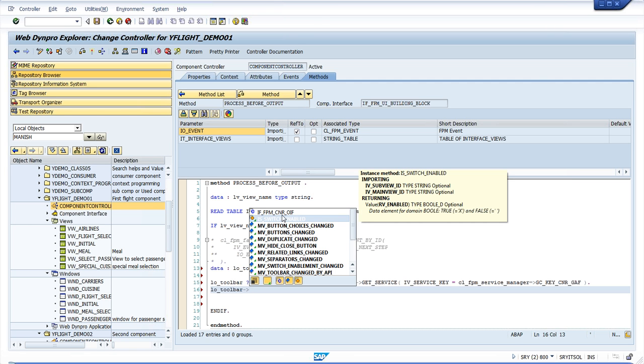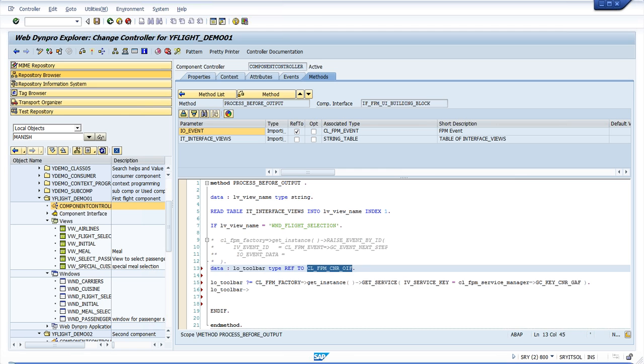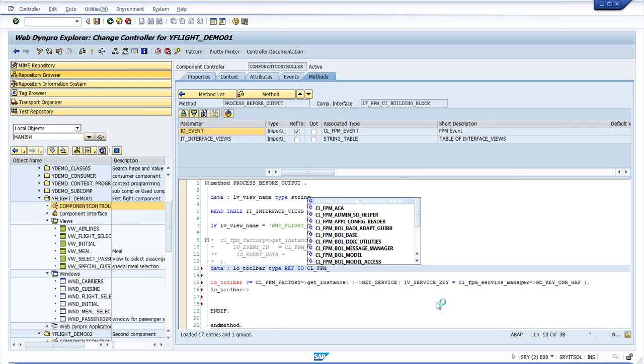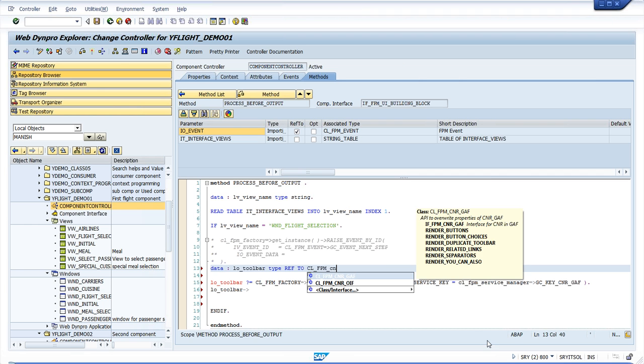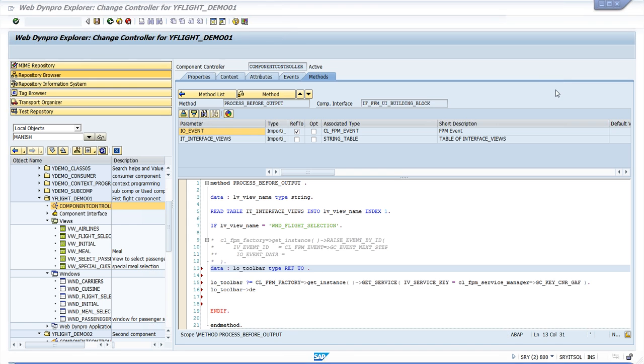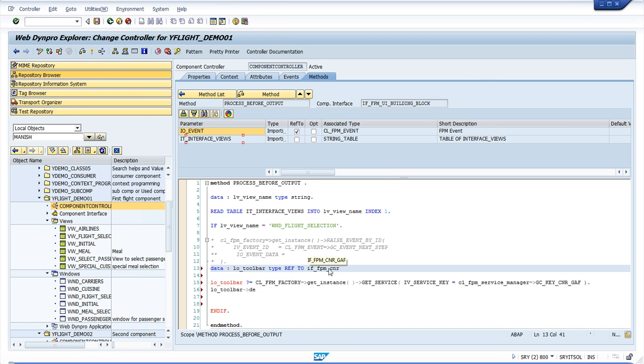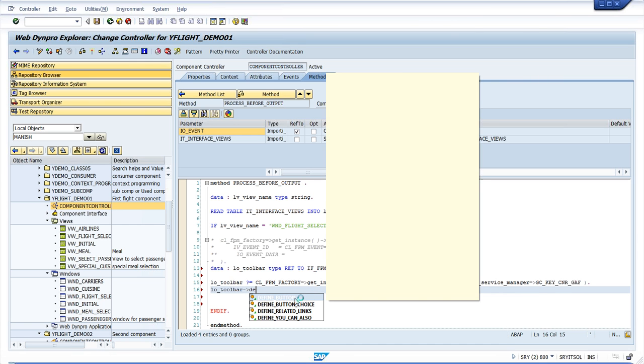This is also not having the correct method. Let's see the class name correctly. Okay, let me check the object name. Okay, it's an interface object. It's not the class object. CNR. Yes, that's the one. We'll use this object, and now there's a method called define button which we have to